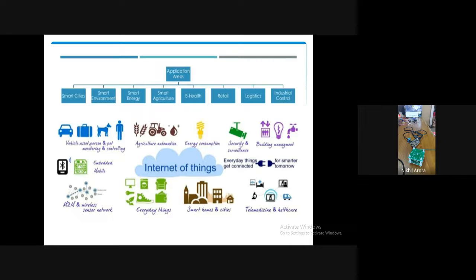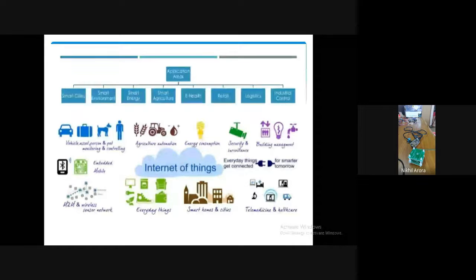Logistics is like if you have fleets of trucks like Gati, Blue Dart, and you are sending couriers here and there, all this can be monitored with the help of IoT. And industrial control, when it comes, we all know all industries have a lot of parameters to be monitored, from voltage, currents to pressure and temperatures. All that can be controlled and monitored via IoT devices all over the company, all over the manufacturing site. So what I mean to tell via this slide is that IoT applications are seamless and they're everywhere. It is a ubiquitous technology which can find application in every domain of your life.